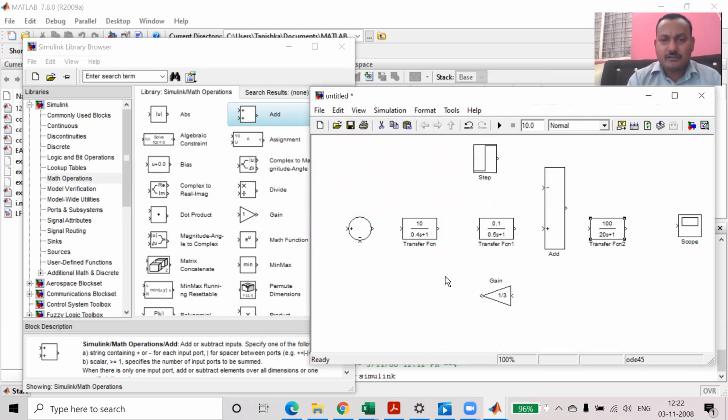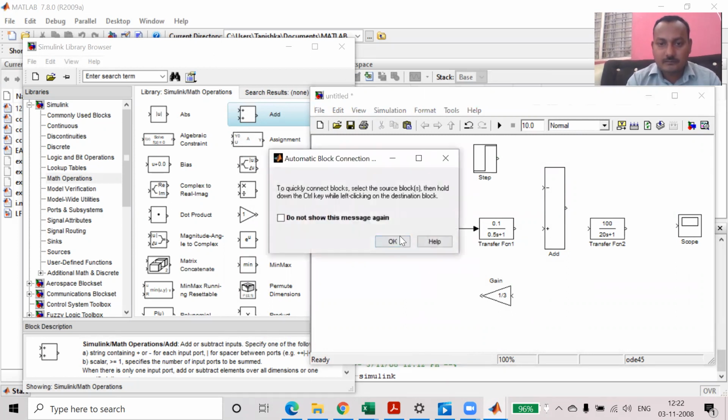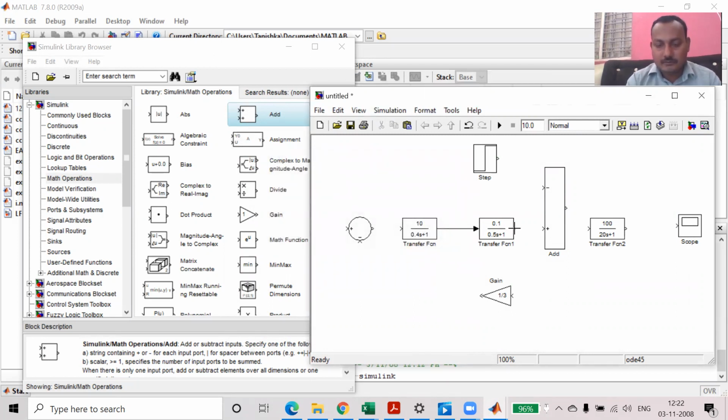Now we should connect each other. For connection purposes, just press Control and the left mouse key and you can connect directly here. Control left key, connecting here. Okay. Then Control left mouse key here we can connect.